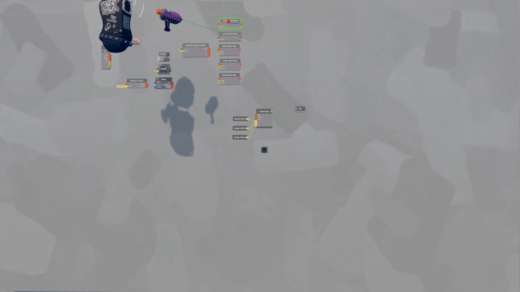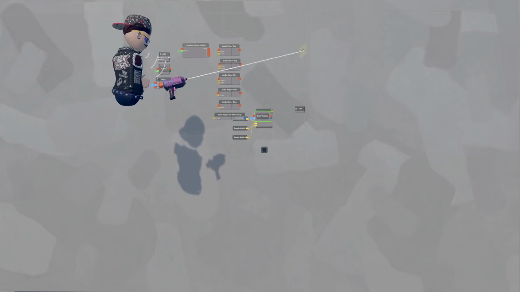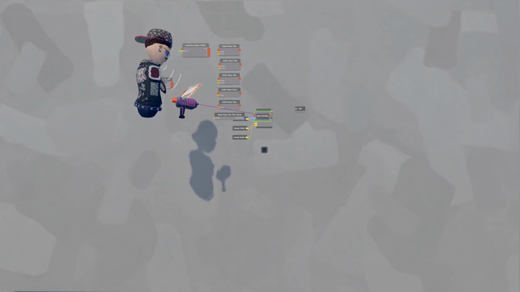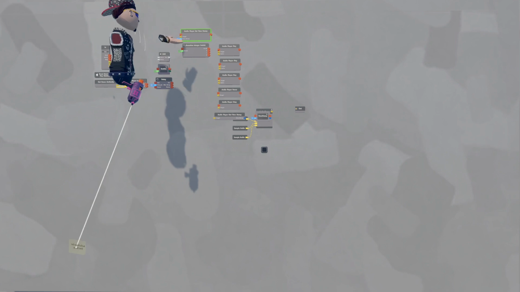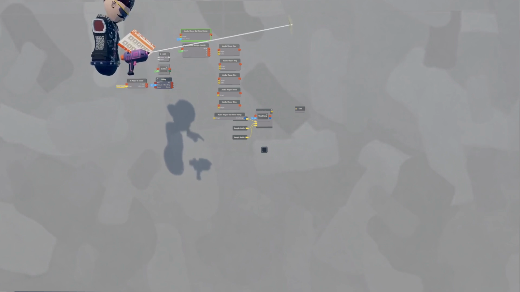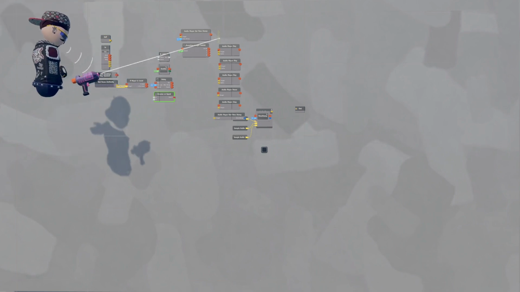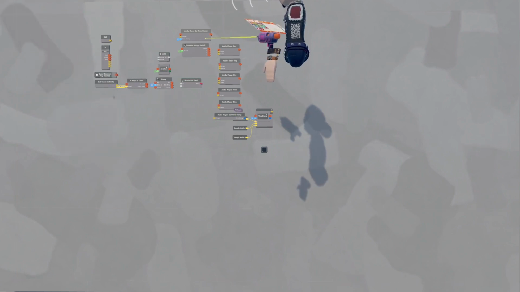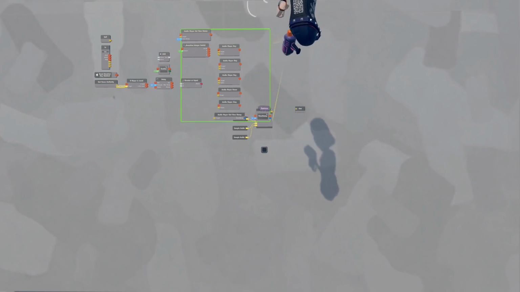Go ahead and move these 2 down here. An audio player get timestamp, a float variable. Go ahead and name this float variable timestamp and make that a synced variable. An audio player set timestamp and a self. Greater than or equal, and I'm actually going to move all of my audio player play over